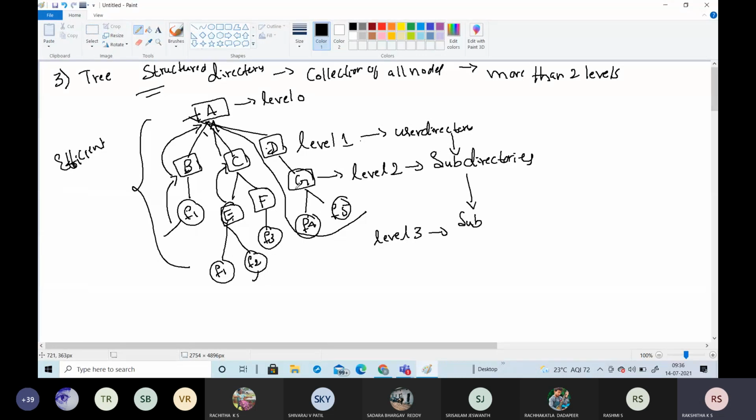in this tree structure directory, and it has the grouping capability. So we can easily make a group in this tree structure directory. That is the main advantage of this TSD directory. And there will be some disadvantages here. If you want to share the information among the different directories, it is not possible because it does not